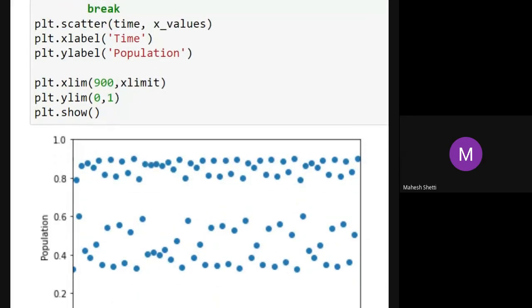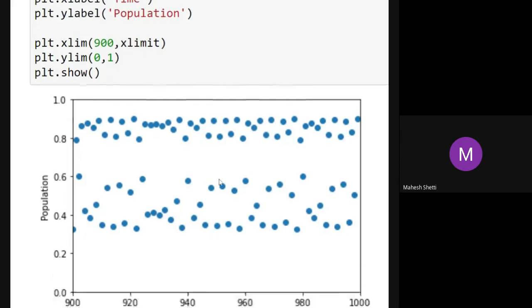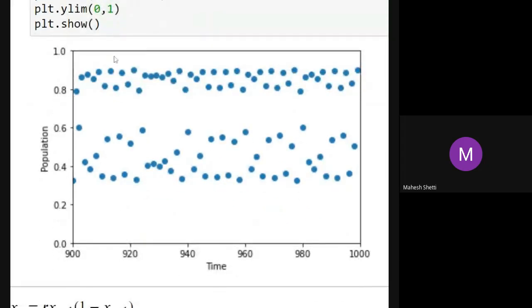So basically it is grouped together. The population is grouped. You don't get population somewhere in between. They are grouped into this group and this group, and they oscillate between those values only. You can make it